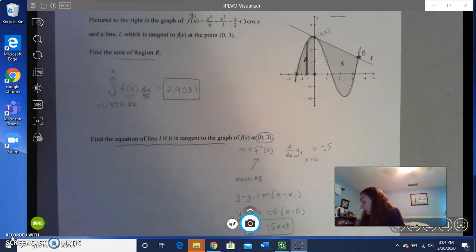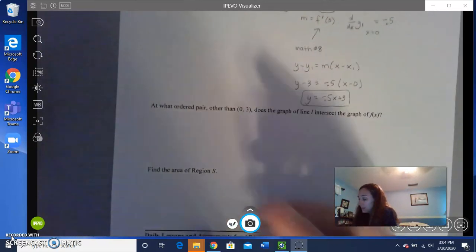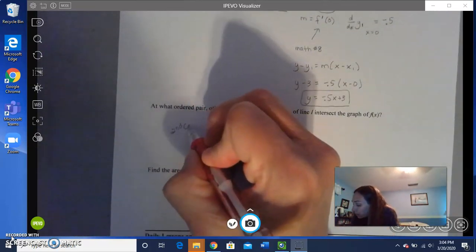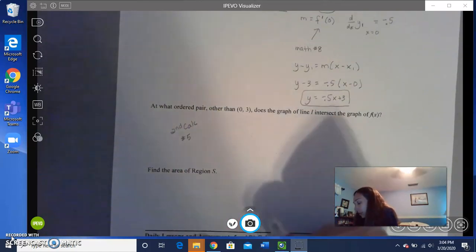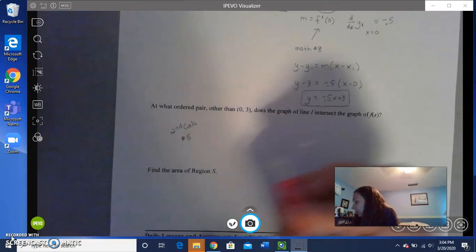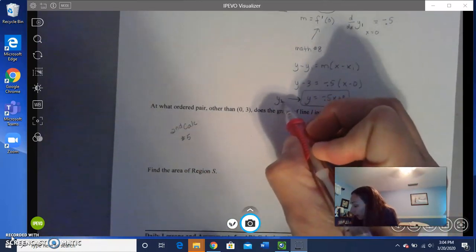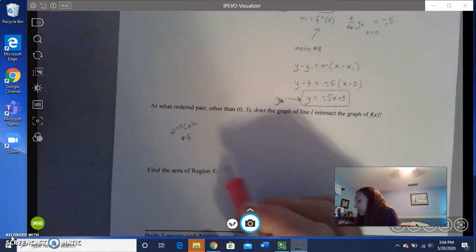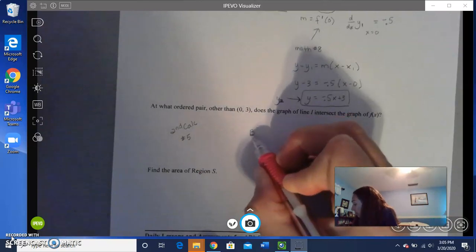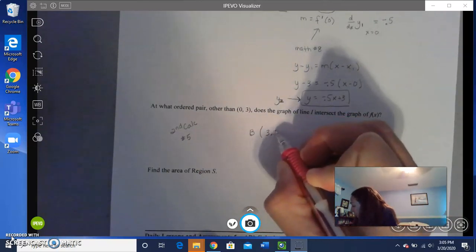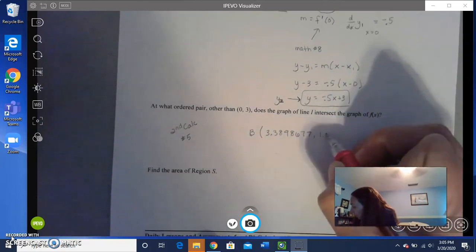Well, again on the calculator, if I do second calculate, choice number 5, that would get me a point of intersection. Before you do second calculate, of course, you'll need to enter the tangent line in as maybe a y2 on your calculator. Then you can do second calculate choice number 5. You should find that point B is going to be 3.389867, and your y value would be